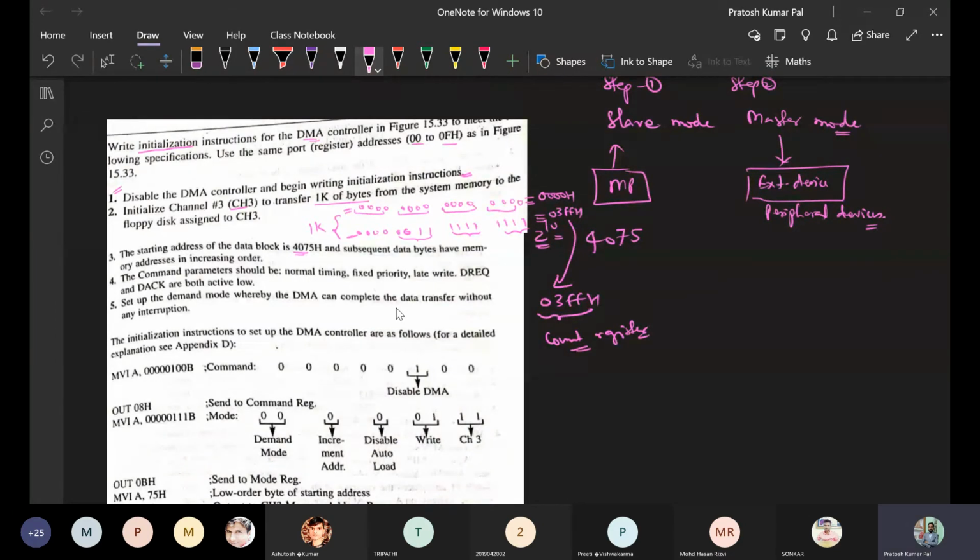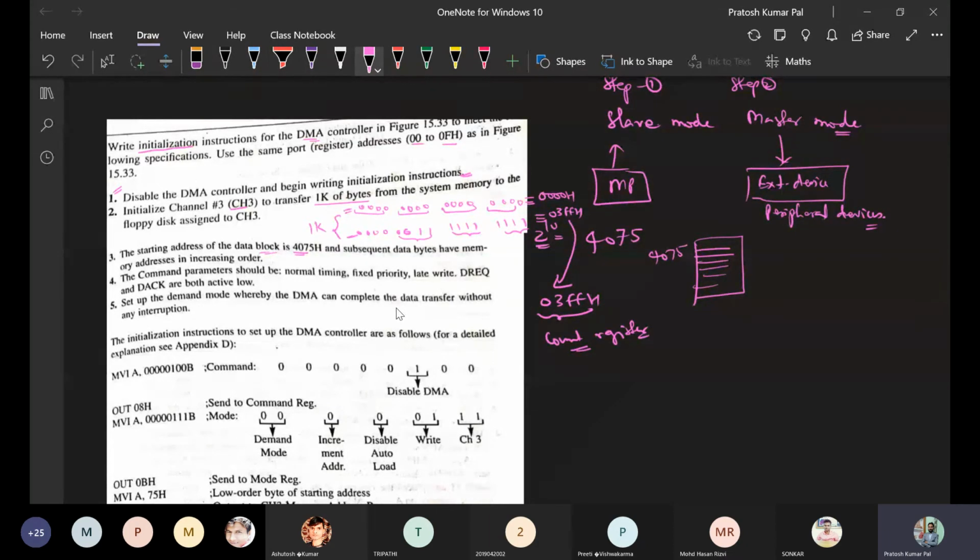from here we can see the starting address of the data block that needs to be transferred. So whatever the block is, the starting address of the data is given by 4075H. Based on that it will keep on accessing the addresses.